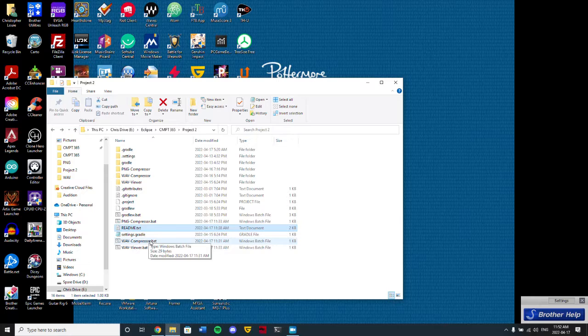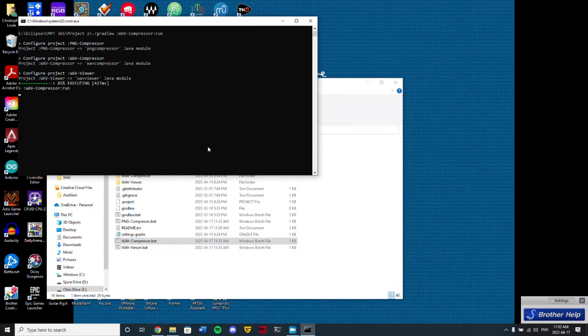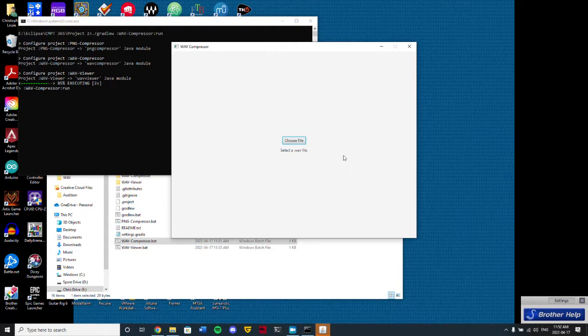To start, we'll run the wave compressor program. What this will ask you to do is choose a file. I'll select the first one here, and then it will compress the file using Huffman encoding after extracting each sample, and then it will output